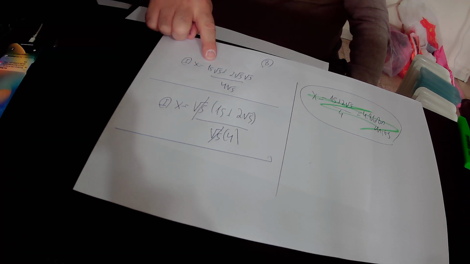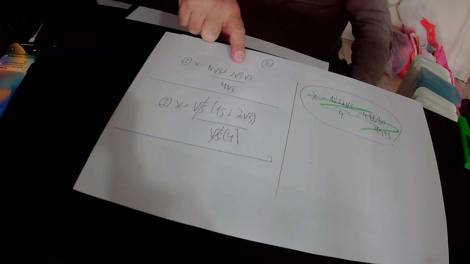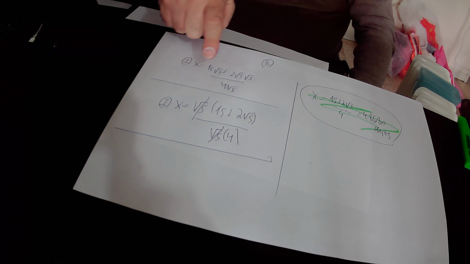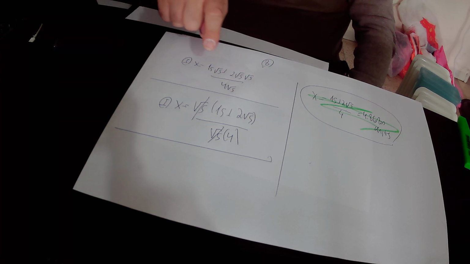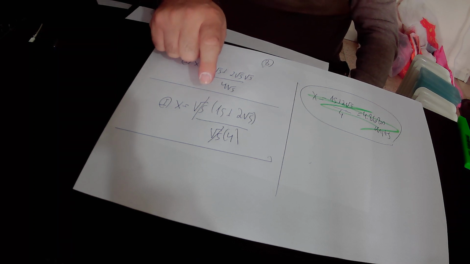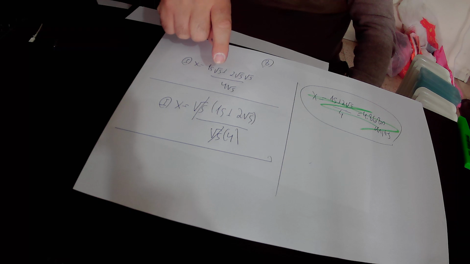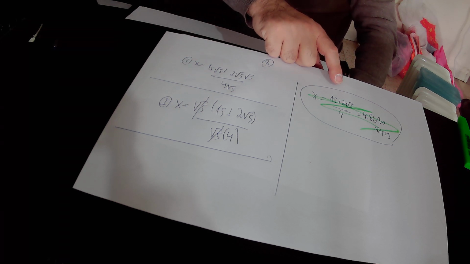what is left from 15 times square root of 5, after we took from it square root of 5 as a common factor, is actually 15. What is left from 2 times square root of 5 times square root of 5, after we took from it square root of 5 as a common factor, is actually 2 times square root of 5, all divided by square root of 5 times 4. We have square root of 5 in the numerator and square root of 5 in the denominator, so square root of 5 will get cancelled. And we finally found that x equals 15 plus 2 times square root of 5 over 4 units,